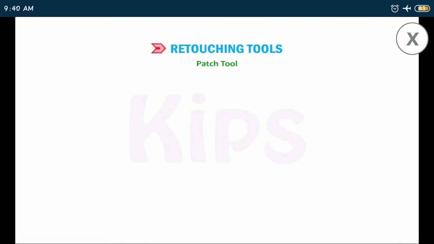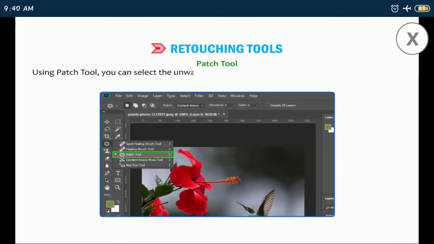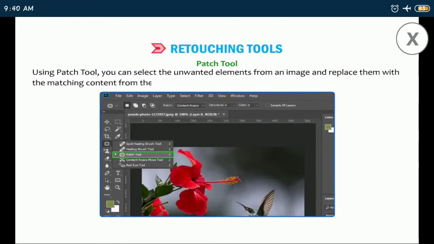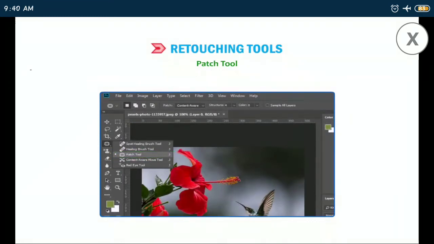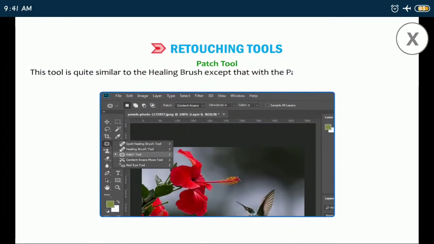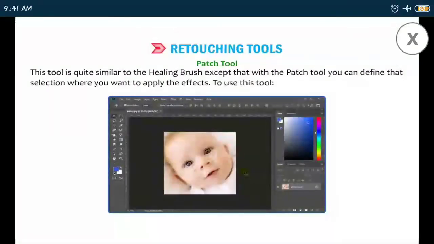Patch tool. Using the Patch tool, you can select the unwanted elements from an image and replace them with the matching content from the surroundings. This tool is quite similar to the Healing Brush, except that with the Patch tool, you can define the selection where you want to apply the effects. To use this tool,